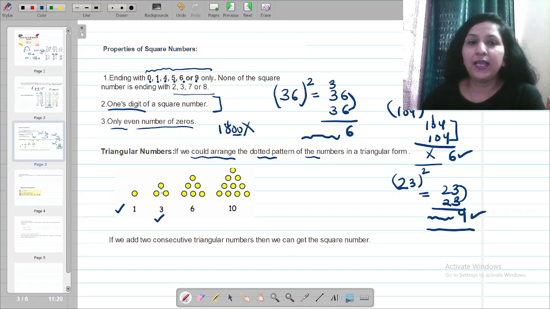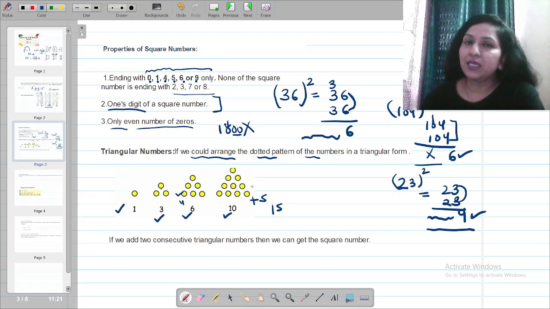Just now we took 2 dots. Now follow by 3 dots. 3 and 3, it is 6. Again a triangular number. After 3, you have to take 4 dots. It is 6 plus 4 is 10. After 10, you have to take 5 dots. That is 15. So all these, 1, 3, 6, 10, 15, are the triangular numbers. If a number can be arranged in the form of a triangular pattern, it is a triangular number.